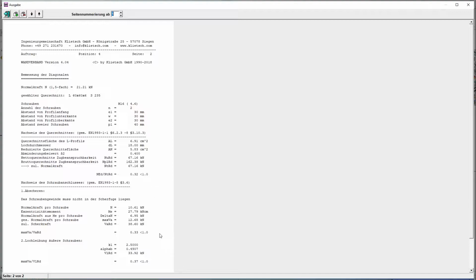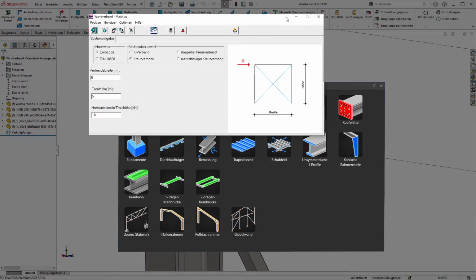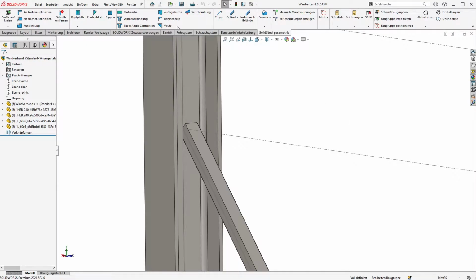In the lower section we find the dimensioning of the bolted connection, and with the results here we see that shearing with a value of 0.33 is prevented, and also the hole reveal has been well chosen, since here a value of 0.37 is obtained. Our bracing is now fully dimensioned and we know that it can be used in these dimensions without any problems. This took maybe 3 minutes in real time and with my explanations, but with a little practice you can easily do it in 1 to 2 minutes.